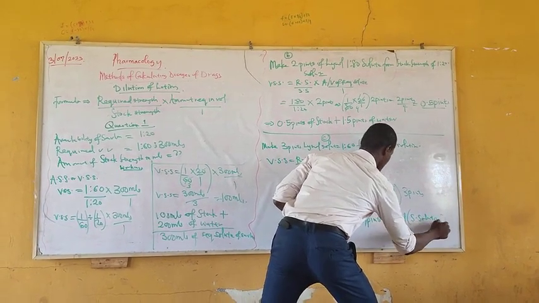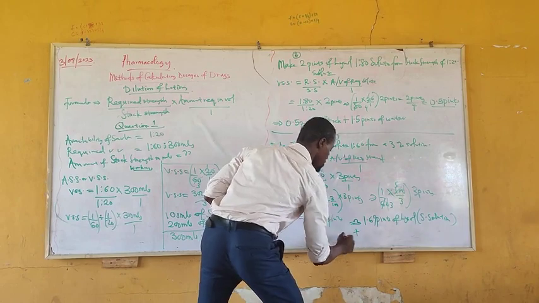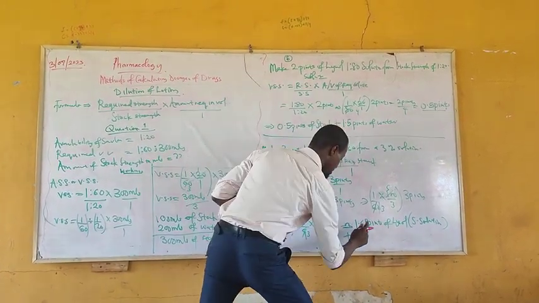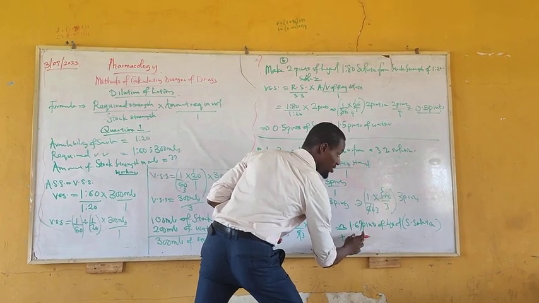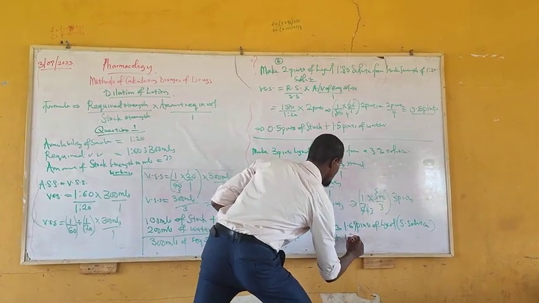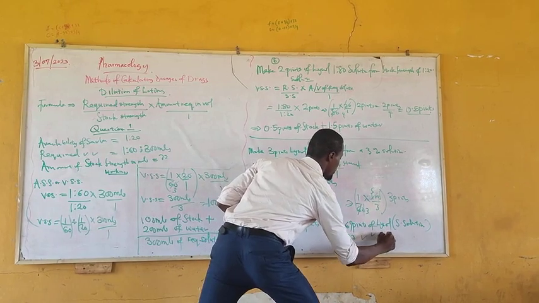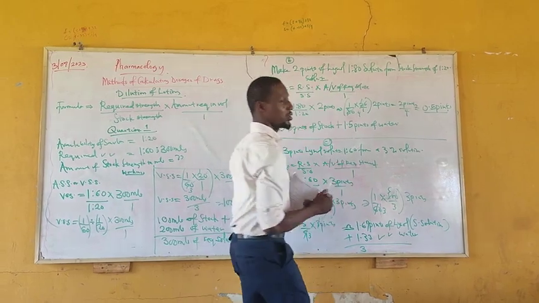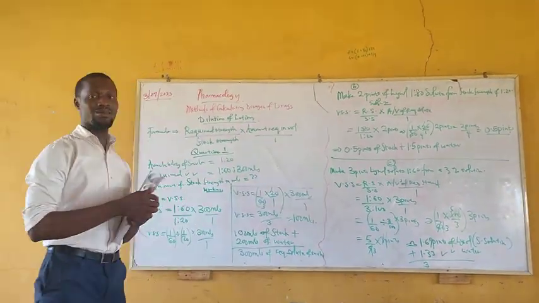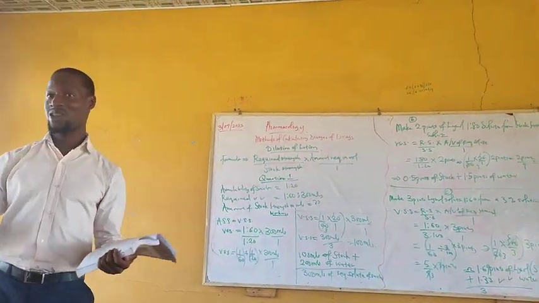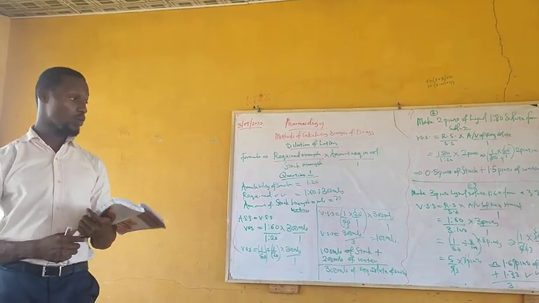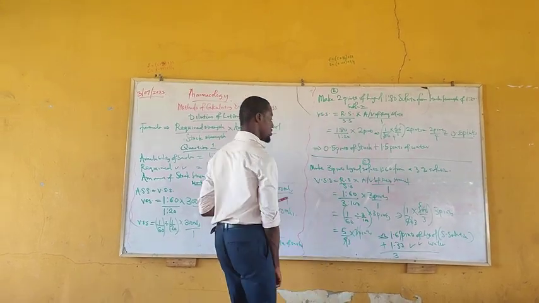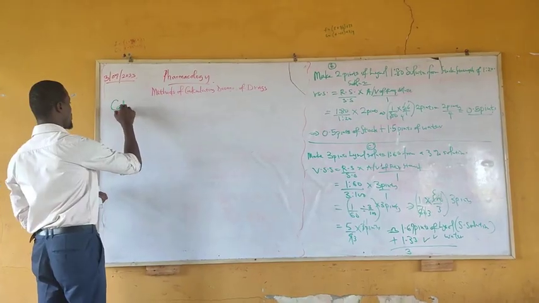So now we add what? 1.67 plus what? 1.33. Yes, 1.33 pints of water to make our 3 pints. Do we get it? 1.67 plus 1.33 is 3. So we have these calculations